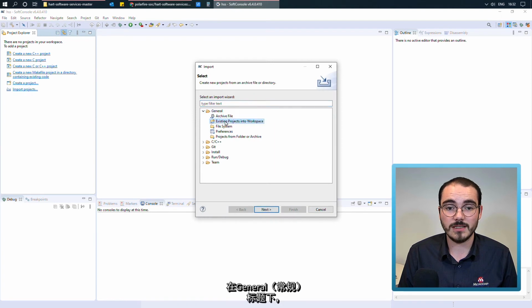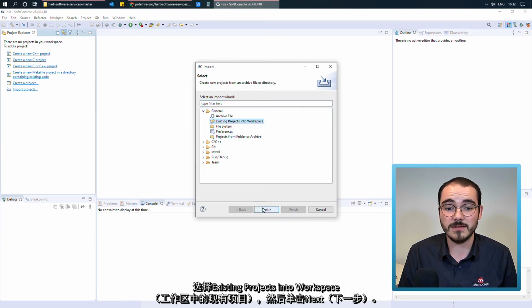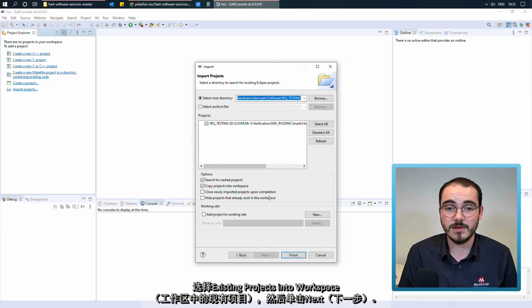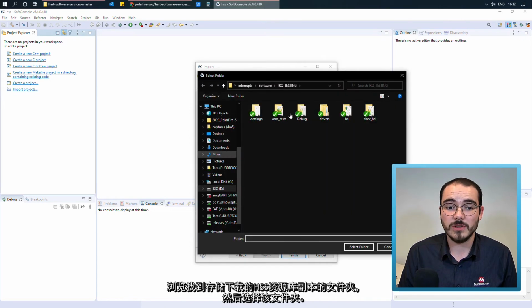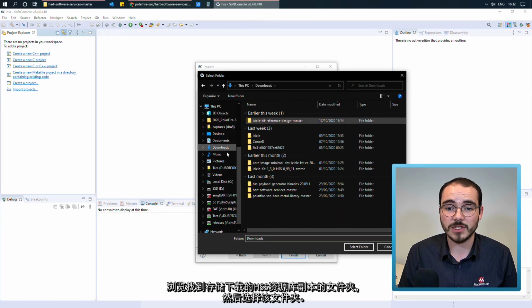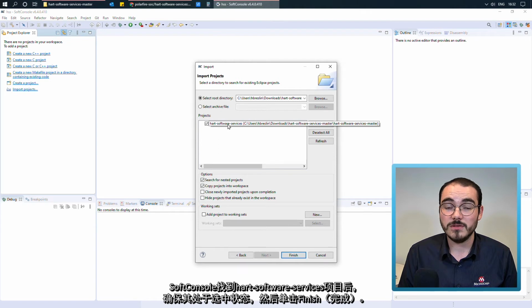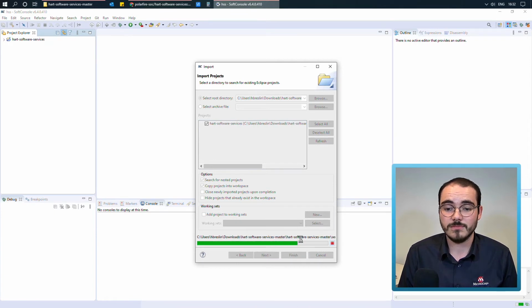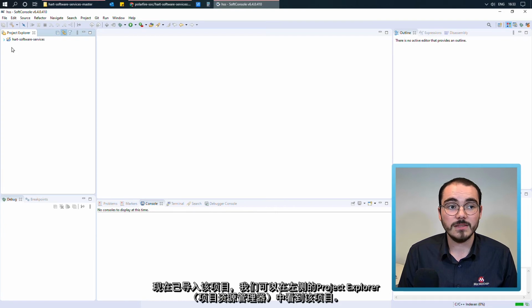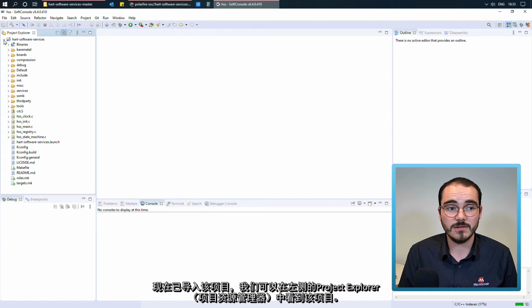General heading select Existing Projects into Workspace and click Next. Browse to the folder where you downloaded a copy of the HSS repository and select the folder. When SoftConsole finds the Hart Software Services project, make sure it's selected and click Finish. Now that it's been imported, I can see it in the Project Explorer on the left hand side, and you